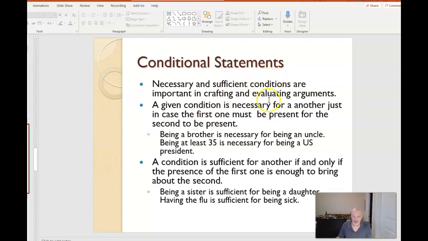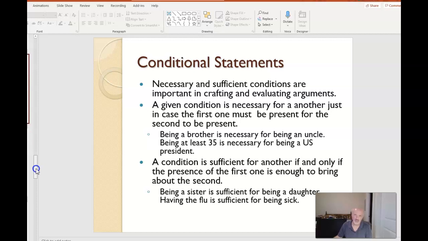Necessary and sufficient conditions. One way to say it is that sufficiency moves from the antecedent to the consequent, and necessity moves back from the consequent to the antecedent. If you follow that rule, you will understand and get correct what is a necessary and sufficient